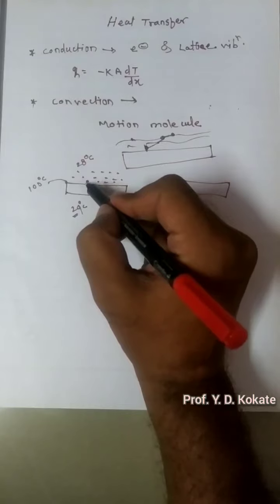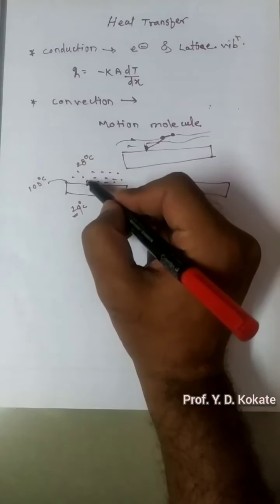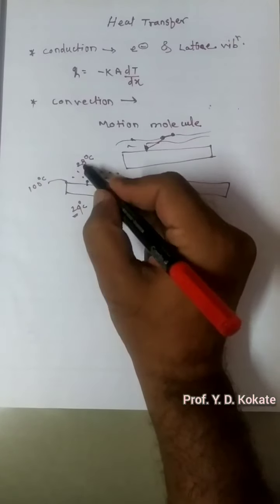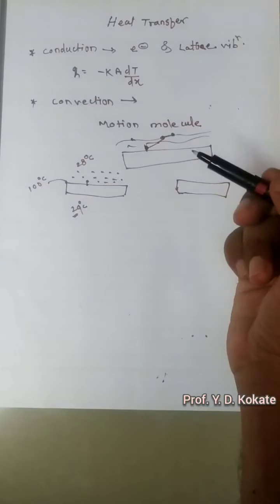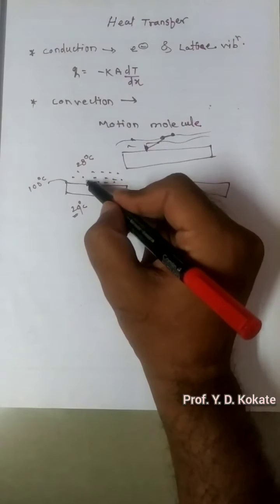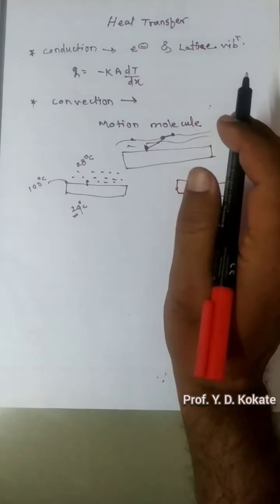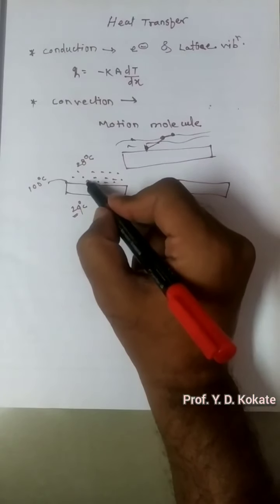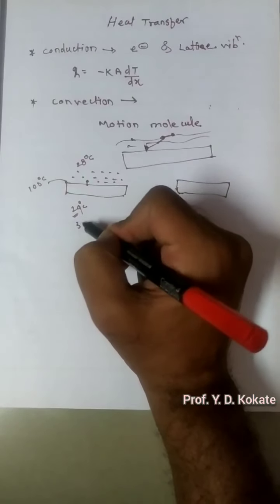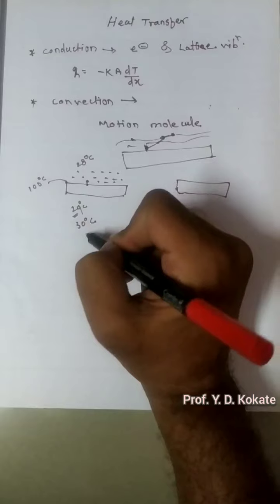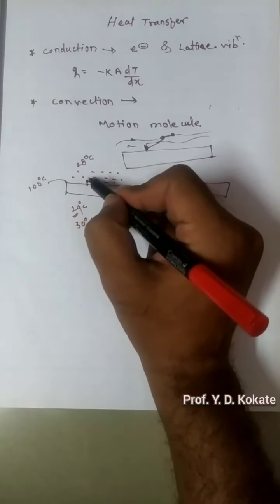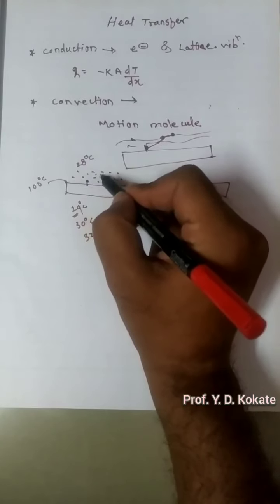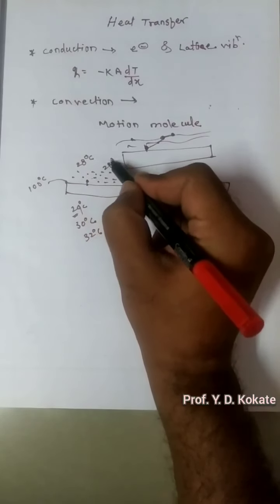Now here heat transfer takes place. The second molecule's temperature has increased from 28 to 29. So which mode of heat transfer can we say this is? It is nothing but conduction, because the molecule does not move. Now again this molecule takes some heat. After some time the temperature becomes 30, after some time it becomes 32. Now 32 degrees Celsius is very high as compared to the neighboring atom, which is at 28 degrees Celsius.